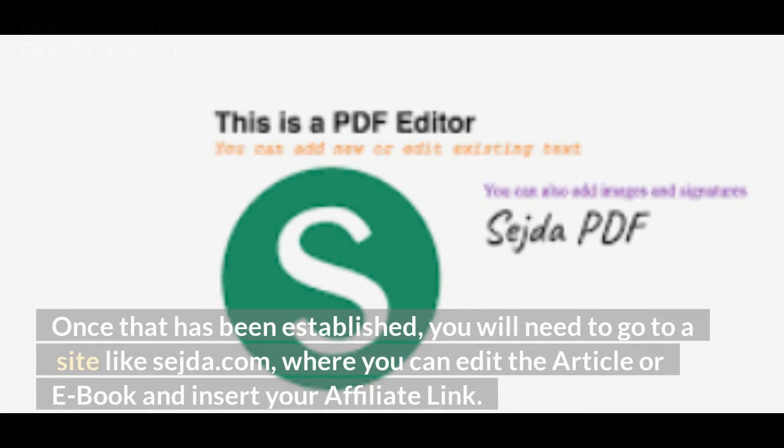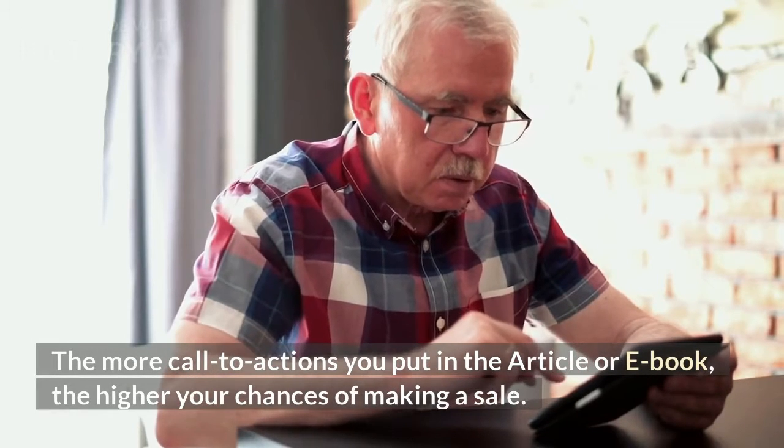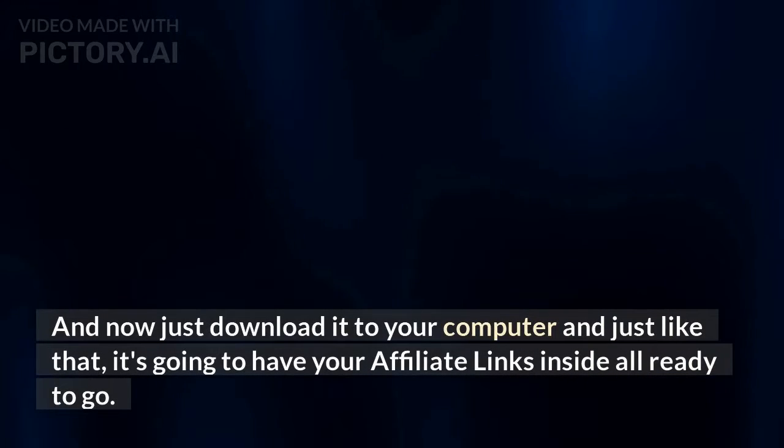Once that has been established, you will need to go to a site like sayta.com, where you can edit the article or ebook and insert your affiliate link. The more call to actions you put in the article or ebook, the higher your chances of making a sale. And now just download it to your computer, and just like that, it's going to have your affiliate links inside